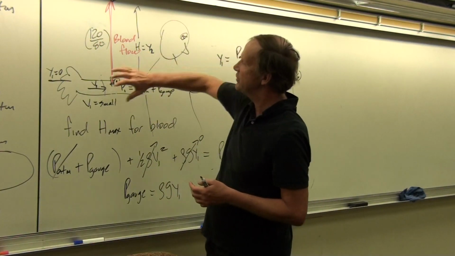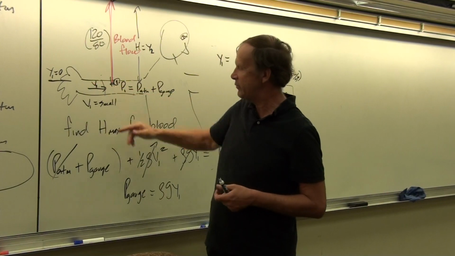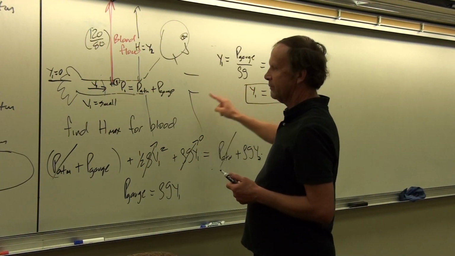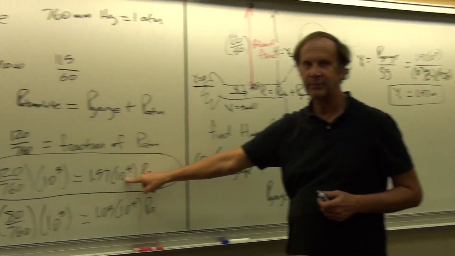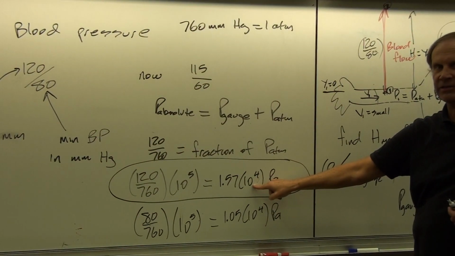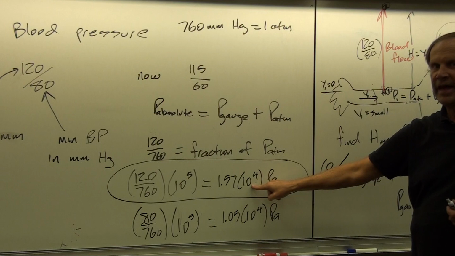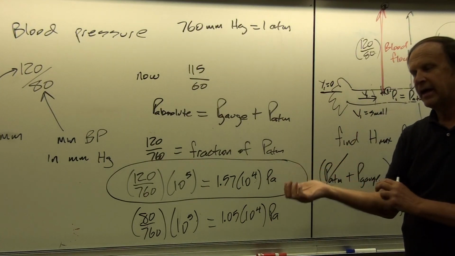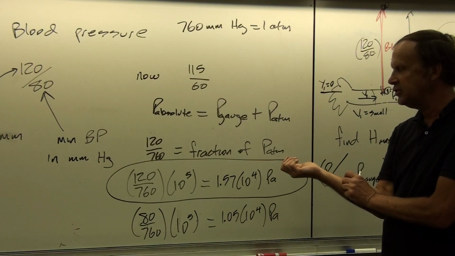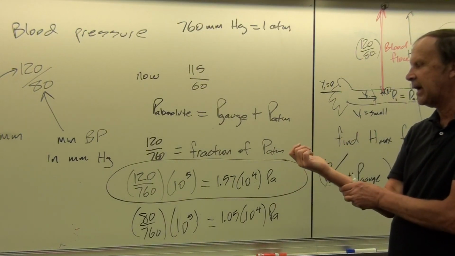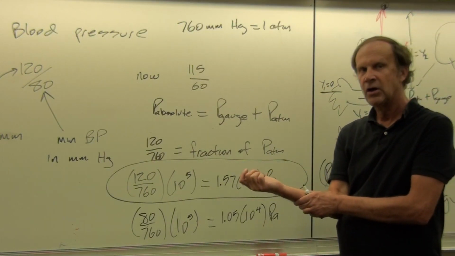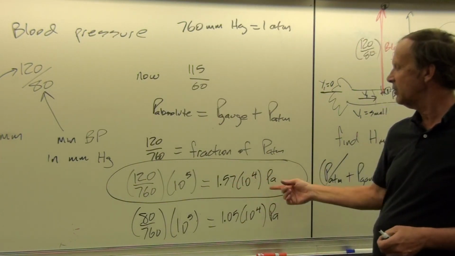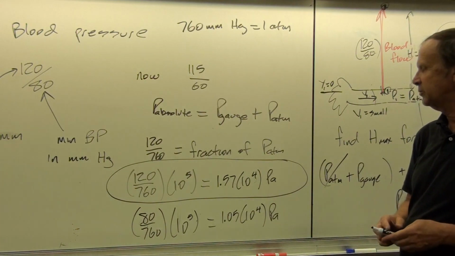Now, how do you treat them? Well, the first thing you do is you come in there and you push down with a gauge pressure that's equal to 1.57 times 10 to the 4 pascals. You've got to be able to push with that amount of pressure to stop the flow of blood out of the arm. And so that's what you do then, is you get down on that thing and push down as hard as you can with direct pressure, and then wrap something around it that will really hold it tight once you've been able to control the bleeding.